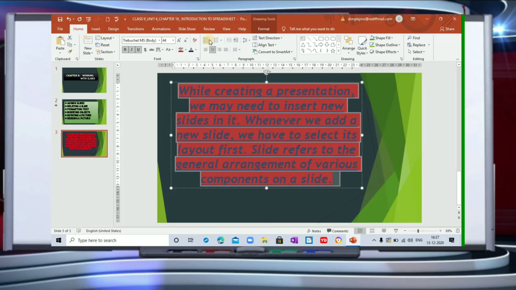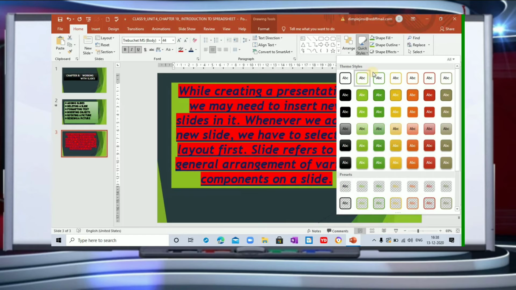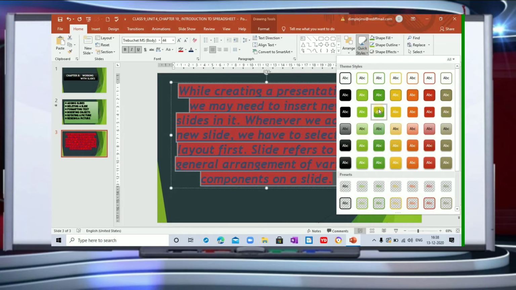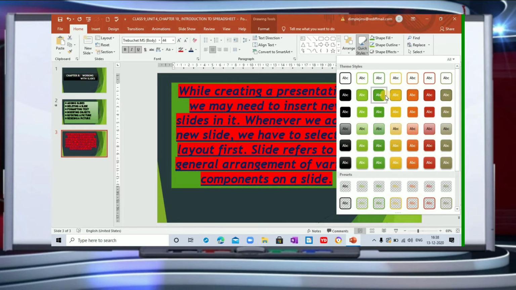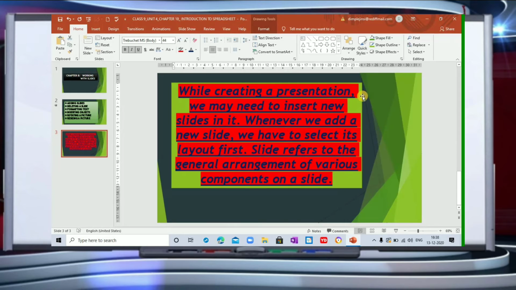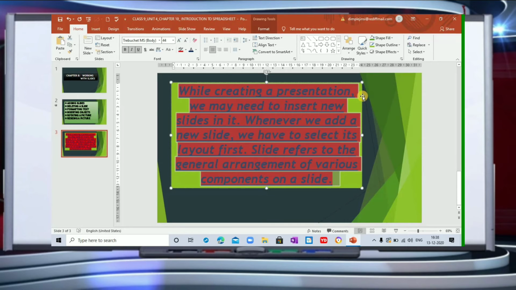And coming to the bullets and numbering also, I have already told you in Word also, and we have done it in AIS also, about how can we use bullets, how can we use numbering in the text. I have your quick styles option also, so you can go and choose any style that you want. So these are the quick styles also. So we have now, next is how can we